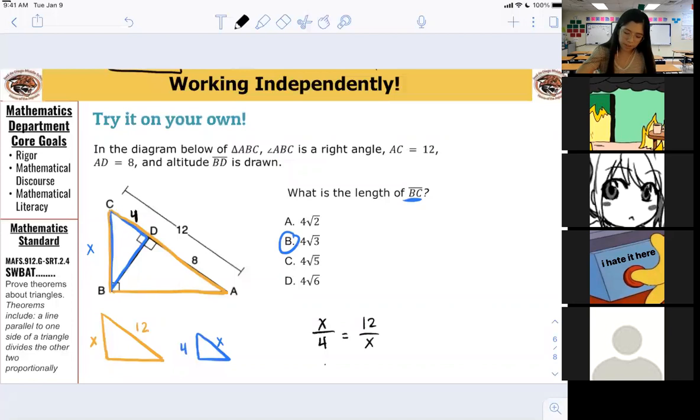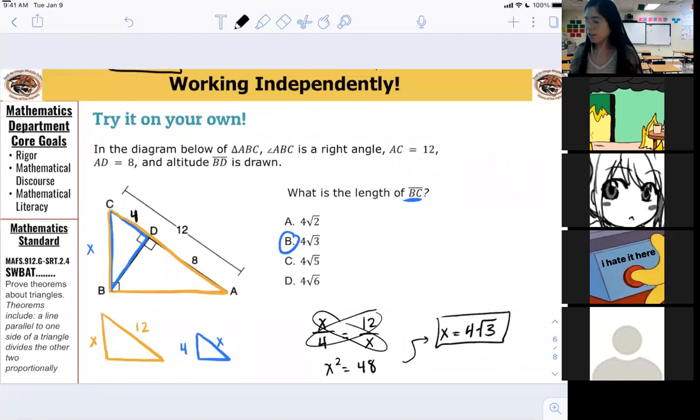So we end up with x squared equals 48, just like we had before. So that led to getting x equals 4 times the square root of 3. All right, you guys, let me go ahead and